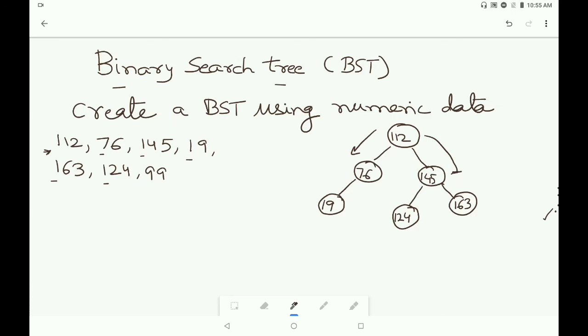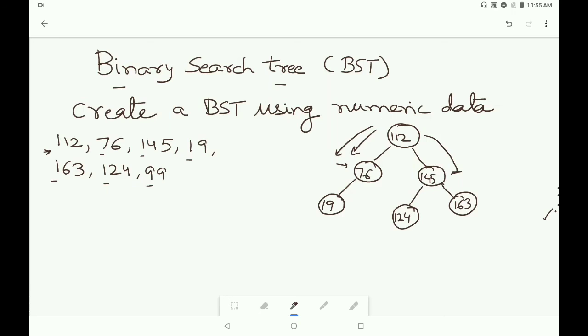Now the next data which is coming is 99. The last data is 99. So again we will execute the same process, that first we will go to the root. So first we are comparing with the root node, that is 112. 99 is less than the 112, so we will move on to the left hand side. Here you are again getting the subnode, that is the 76.